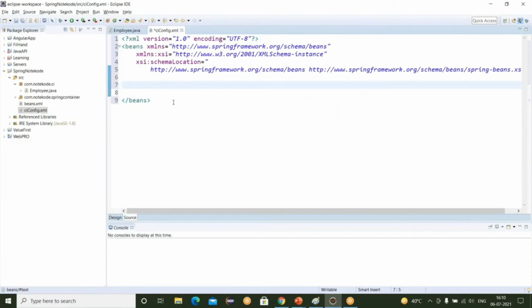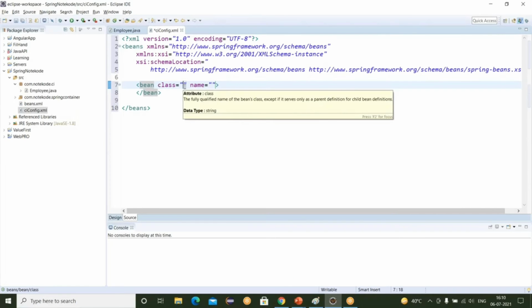Remove the previous declaration of beans. And now I'm creating the fresh beans here. Beans. Okay, inside this we have to declare the class and name of the class reference.